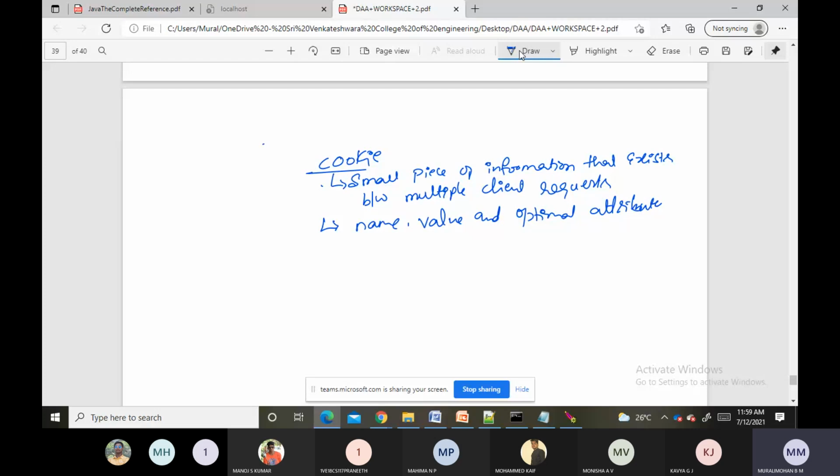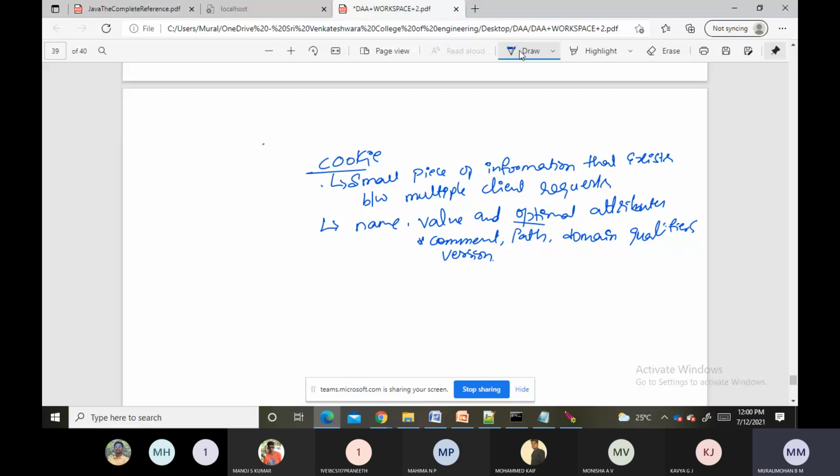What optional attributes do we have? It can have a comment, a path, domain qualifiers, or the version. So these are the optional values a cookie can contain.